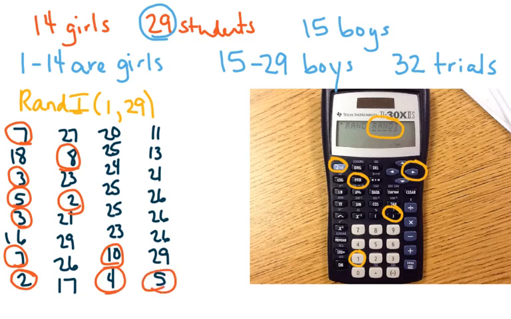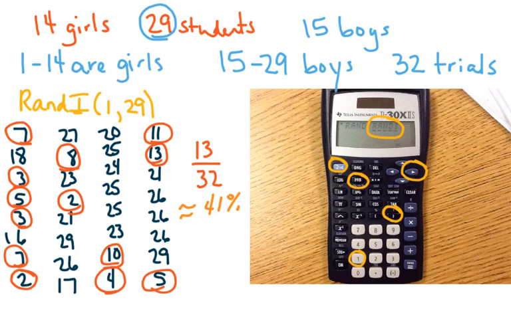Remember, the numbers 1 through 14 represented the girls in the class. Alright, so I believe I've circled all of my numbers 1 through 14, and now I'm going to count how many girls I chose. So in my randomly generated information, I got 13 out of 32 girls picked,